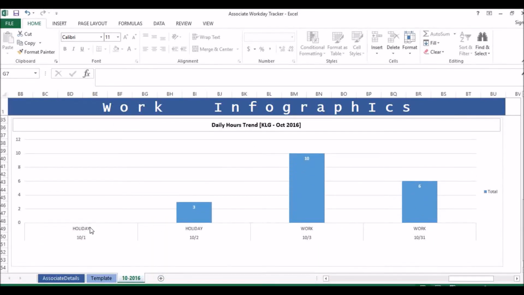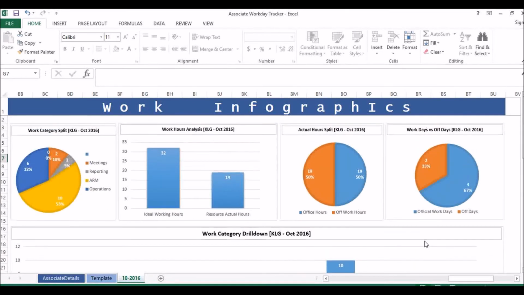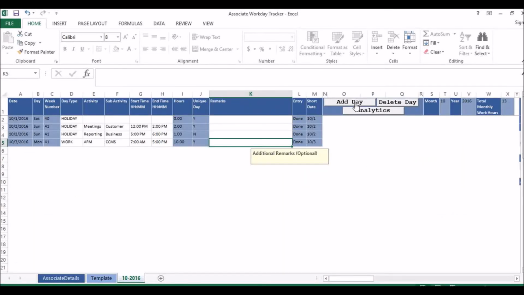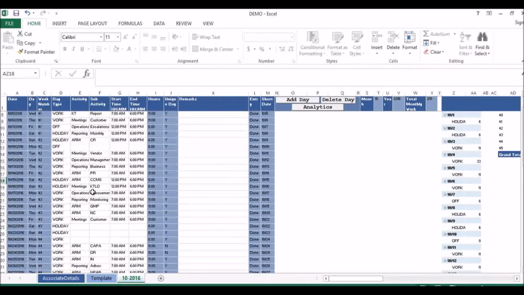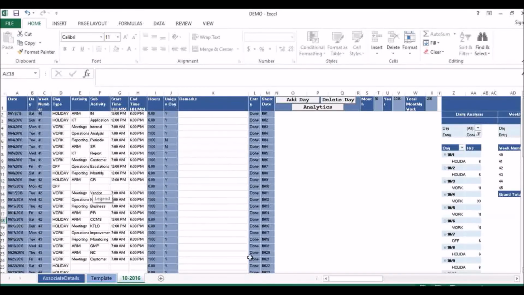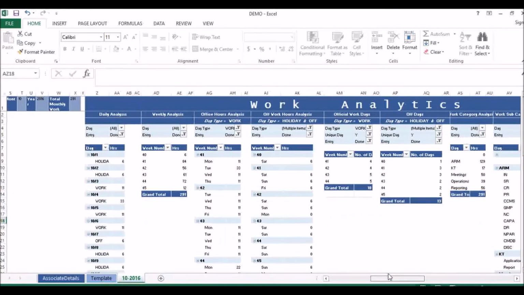Okay, and see, on the first day it was a holiday, and the second day was a holiday, yet you clocked in 3 hours, right? It says the number of working days versus off days, and so on. I will show you a sheet in the interest of time which is already pre-populated, and here is the various data. And if you can see, I've mocked the data for around the entire month,